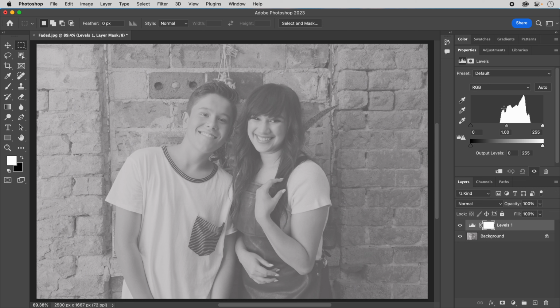This shows the level of colors that are in the image, from darkest to brightest. As you see, there are not very many dark pixels in our image. We can adjust this by moving this dark or black slider so that it meets up to the edge of